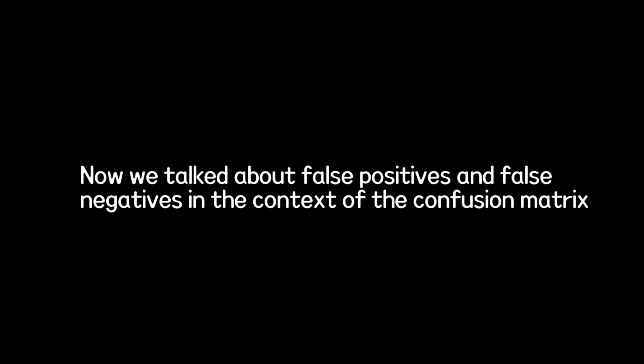Got it. Now, we talked about false positives and false negatives in the context of the confusion matrix. Are there situations where one type of error is more important than the other? Definitely. In medical diagnosis, a false negative, missing a real disease, is usually much worse than a false positive, diagnosing someone with a disease they don't have. But in security, a false positive, flagging a harmless event as a threat, might be preferable to a false negative, missing a real threat. So it depends on the consequences of each type of error. Exactly. And sometimes both errors are equally important, like in loan approval, where you don't want to lose good customers or give loans to bad ones.